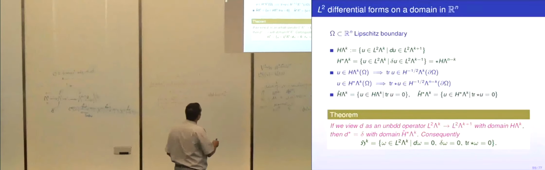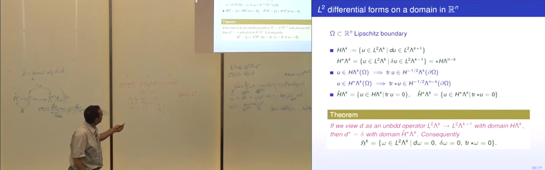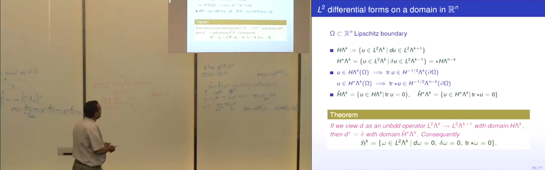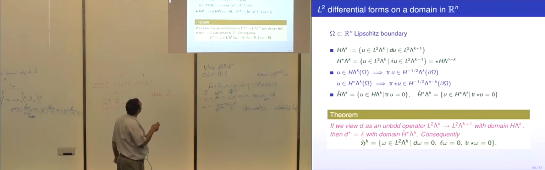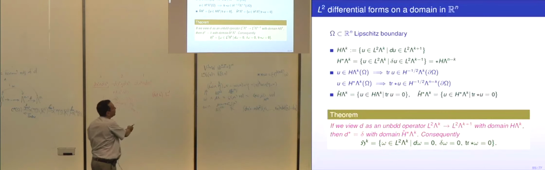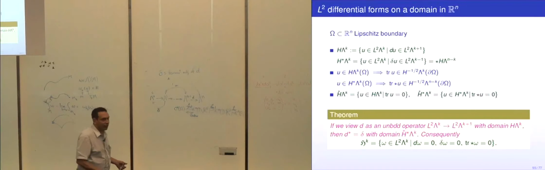And the Hodge star is so defined, and the delta is so defined, that H star lambda k is the Hodge star of H star lambda n minus k. So the way I think about this is H star 1 is H div if you think of it sitting in the 1 form space. If you think of it sitting where H curl ought to be sitting and put H div there.